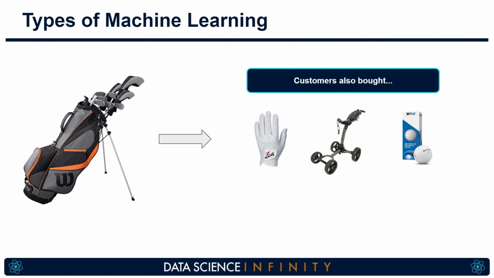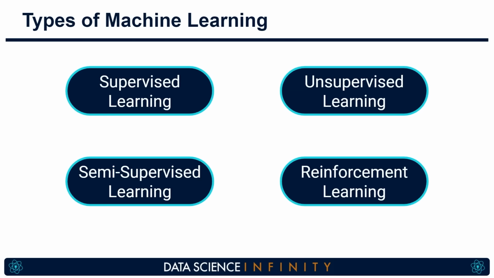Now, while we've been discussing supervised and unsupervised learning so far, there are actually two other types of learning that are commonly spoken about in machine learning, those being semi-supervised learning and reinforcement learning. While we could discuss these here as well, I've made the conscious decision to exclude them, as in a commercial or business setting, these are quite uncommon, at least when compared to supervised and unsupervised techniques. I want to ensure that we are really focused on getting a solid understanding of those without spreading ourselves too thin, although I think it's useful to know these names.